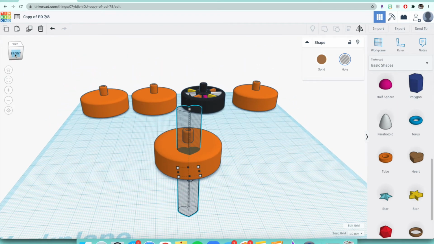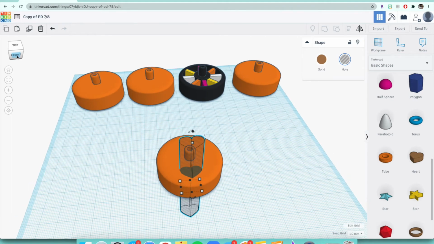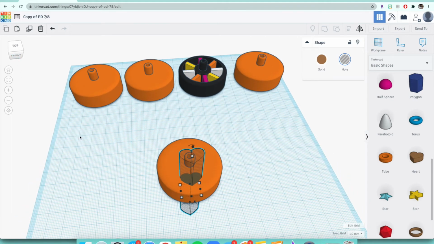It looks like that about. Then once you have that done, now we can copy and paste this shape and put it all around this wheel, depending on where you want your designs to go. So all you have to do is make sure that whatever you want to copy and paste is highlighted. So I'm just going to click on the heart again to make sure it's selected. Click Control C, then Control V,